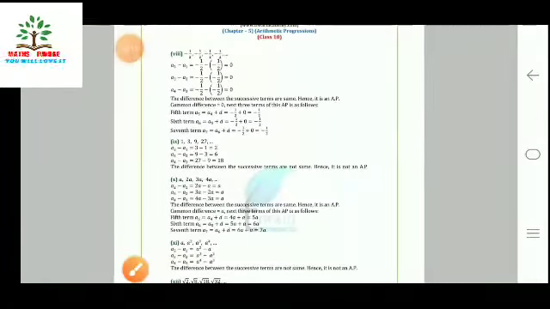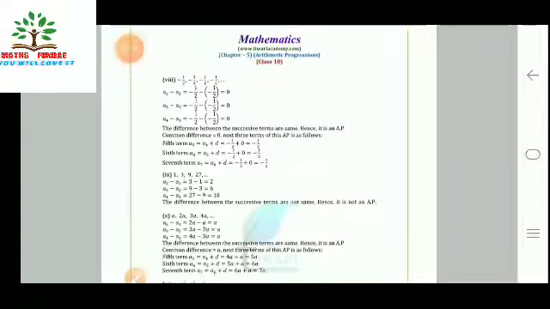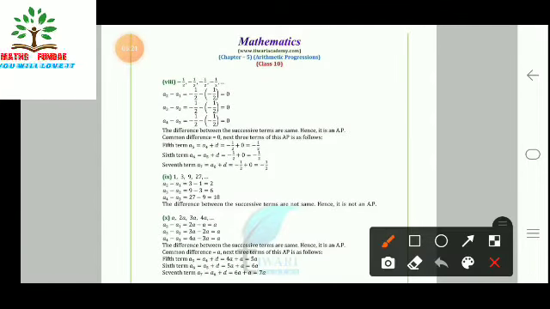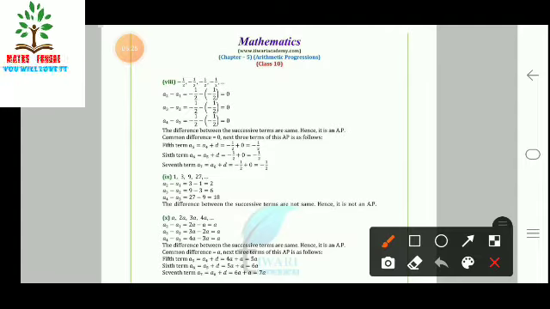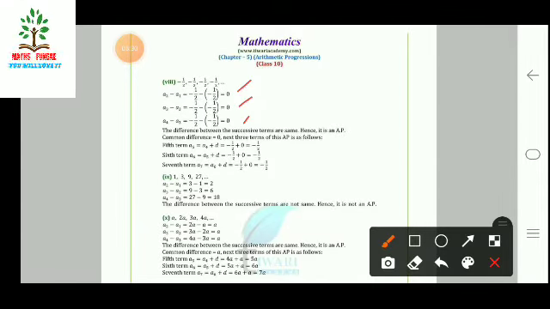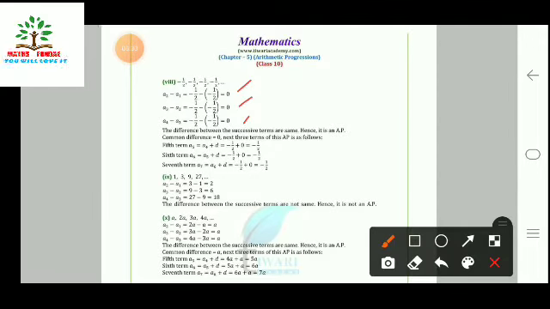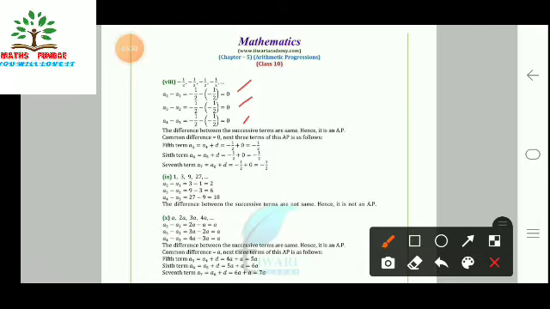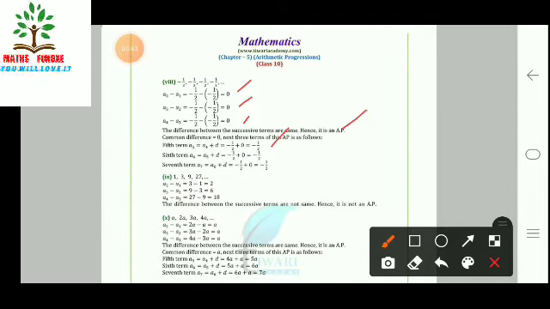Now coming to the next part, the eighth part, we have here minus half, minus half, minus half, minus half. So what we have observed is that if you find the difference, it will be 0, 0, 0, because when we subtract the same number, the result is 0. So the difference is 0 here. Now since the difference between the consecutive terms is the same, it means it is an AP. So now the fifth term is again a4 plus d, which is equal to minus half, a6 is equal to minus half, a7 is equal to minus half.